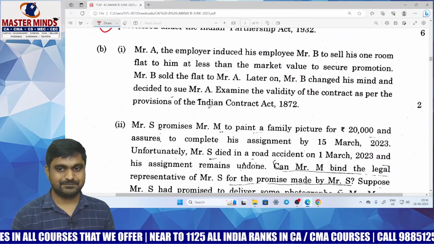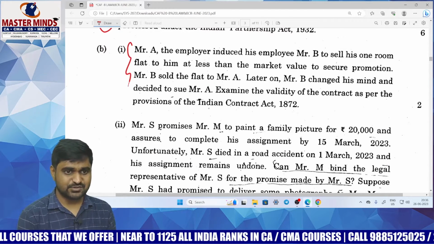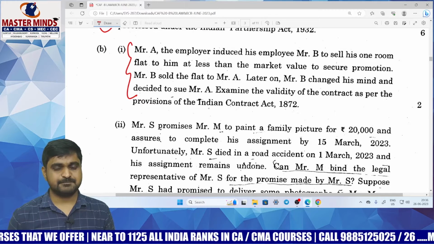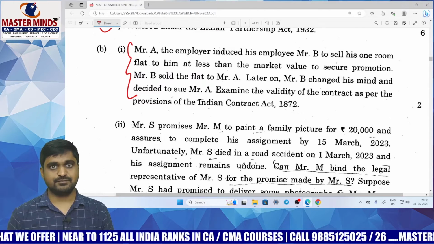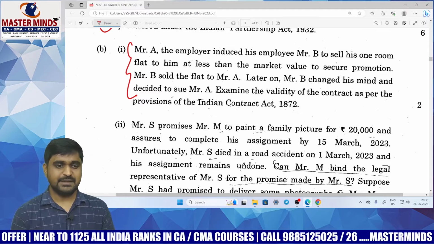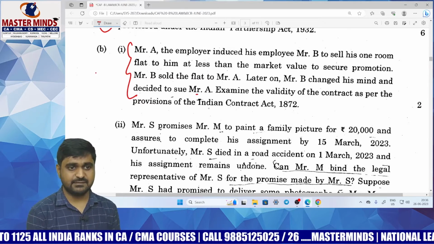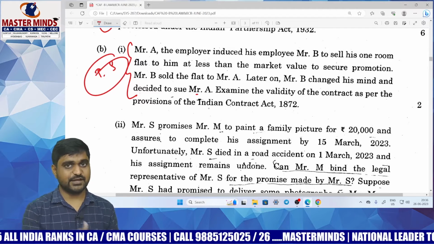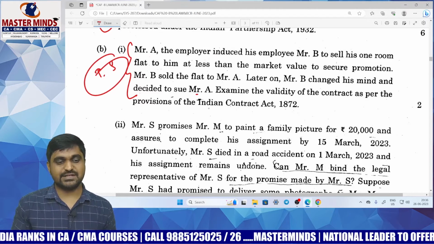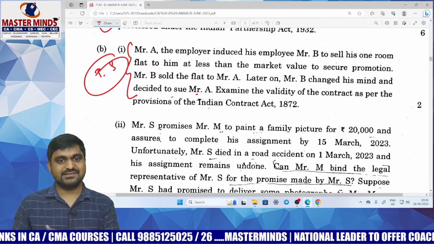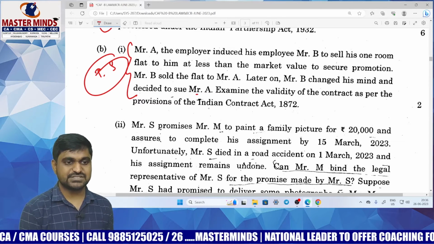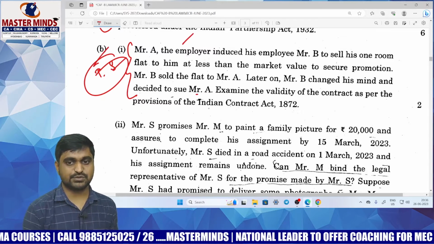Okay, next one. This question is already there in the Masterminds material and the ICAI study material, and previous MTPs and RTPs. But in the previous MTP, RTP, ICAI study material and MM material, this is covered like a teacher and student case. In undue influence, there is a question relating to teacher and student. The same question is asked here, but instead of teacher, employer is given, instead of student, employee is